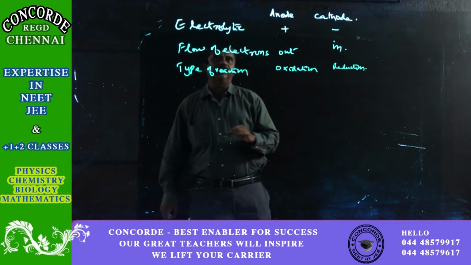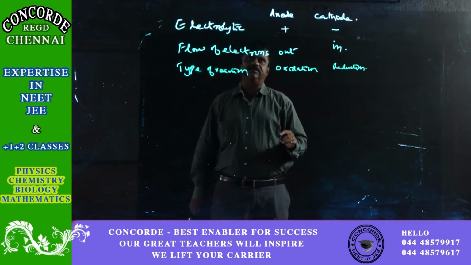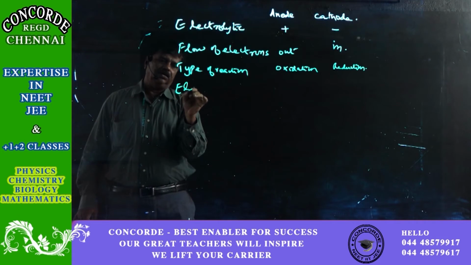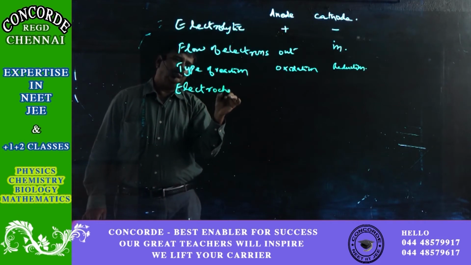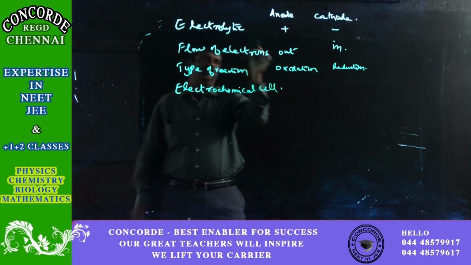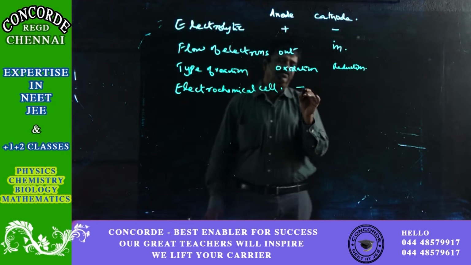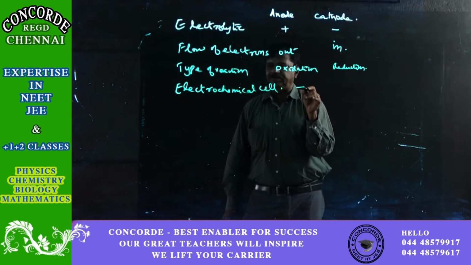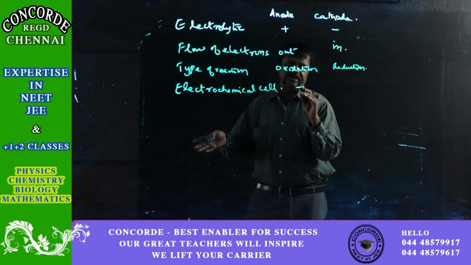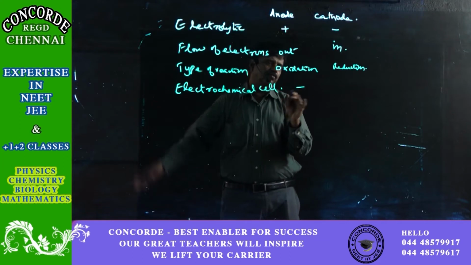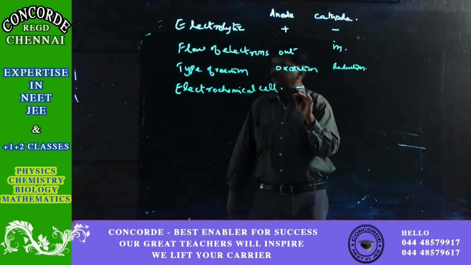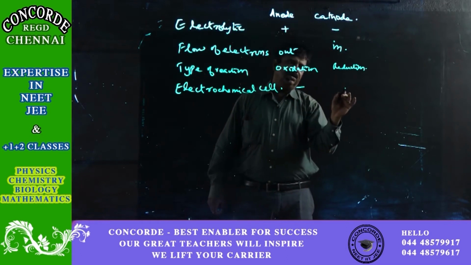Similarly, if you are going to do the same thing for an electrochemical cell, here the anode will be minus, because electrons are generated from here. Electrons are generated on the left hand side, that is in the anode compartment, which is what we have seen in both the galvanic cell as well as the Daniell cell or voltaic cell. So in the electrochemical cell, this will be minus, and this will be plus.